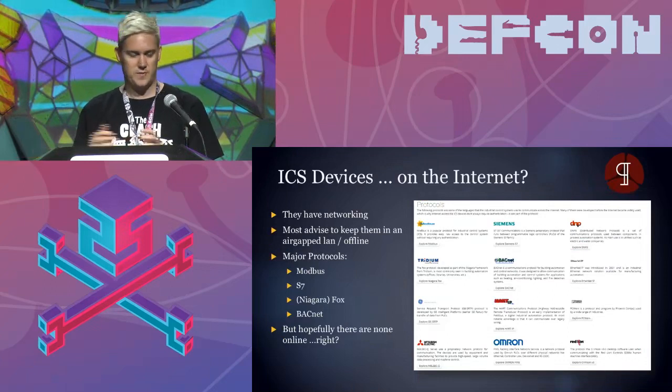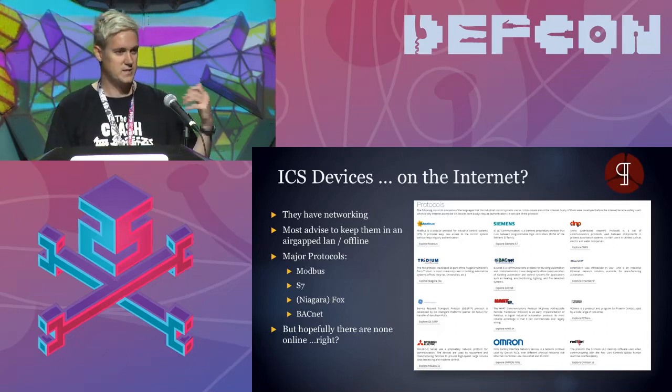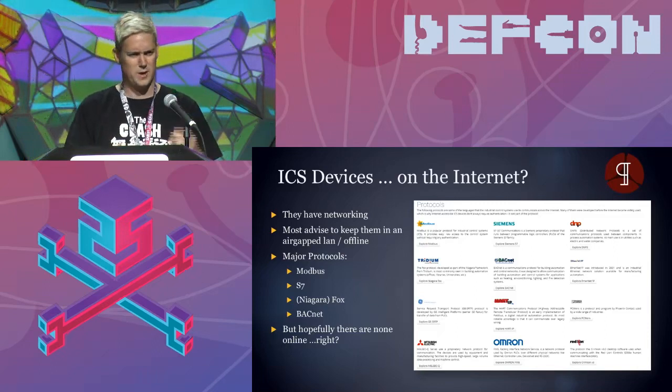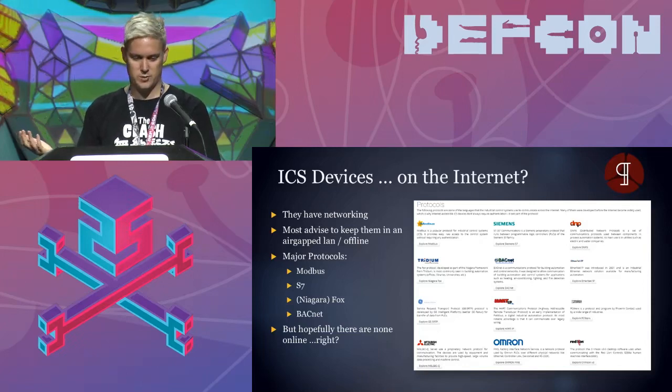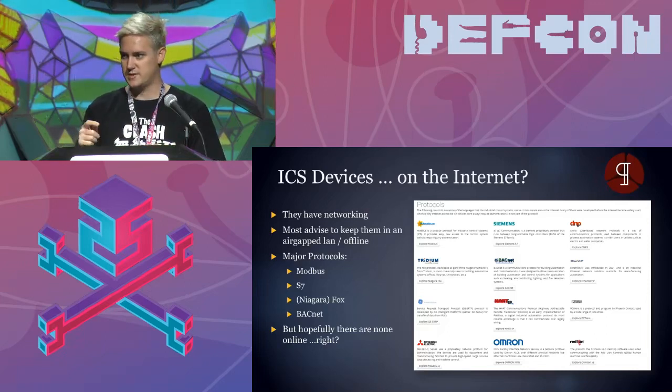And first, you can go to one of the Shodan pages, it tells you about it. A lot of them have implemented networking, but they basically hacked it onto the actual devices, because these devices are really old for the most part, haven't been really updated as quickly as the rest of security. So there's a couple of major protocols that you'll find, and they're like Modbus, Siemens S7, Niagara Fox, and things that you'll be able to search for. Then of course, if you look through the documentation, right, everyone is like, hey, by default, please firewall these devices, put them in an air-gapped network, make sure they're not on the internet. And everyone should follow the documentation, I guess, but it doesn't really ever happen.